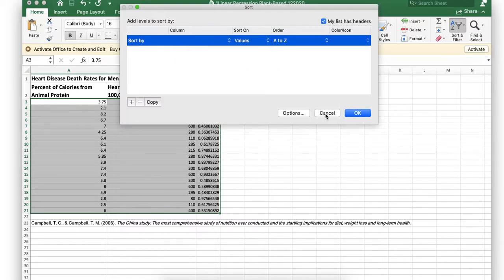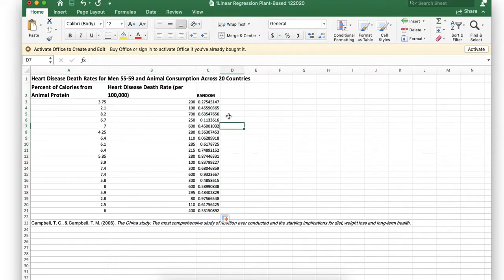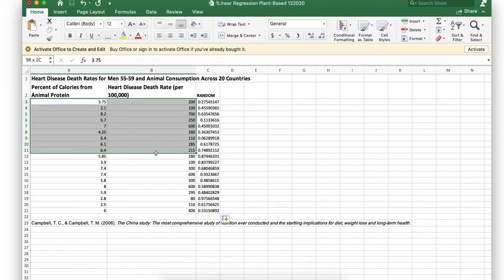And I'm not going to do it right now, but that will sort it properly. And I'm going to cancel it. And it would put these in order. So this 0.275 would stay with this data and put it all in order. And then what you're going to do from there is you're going to want to select the first 30 data points. And you can figure out where that is by going like this and selecting